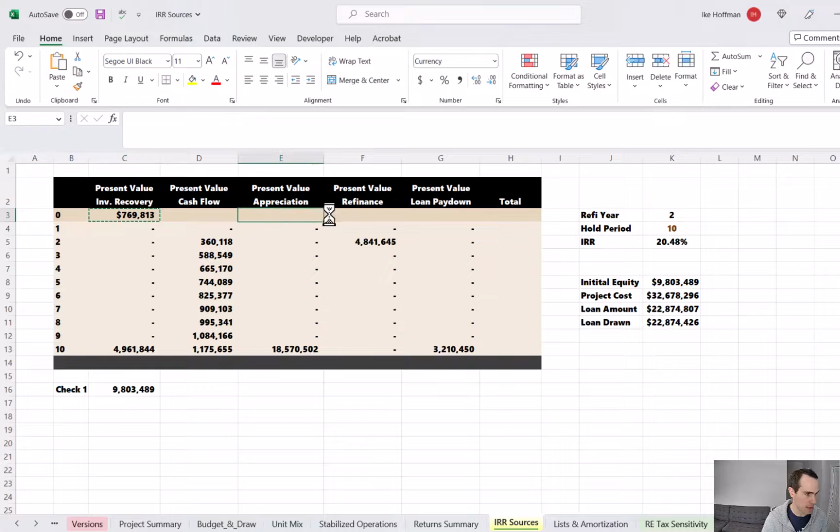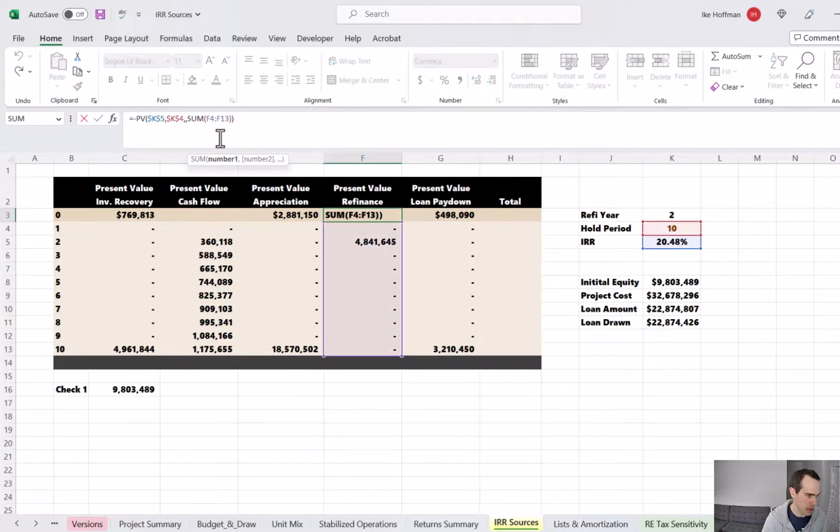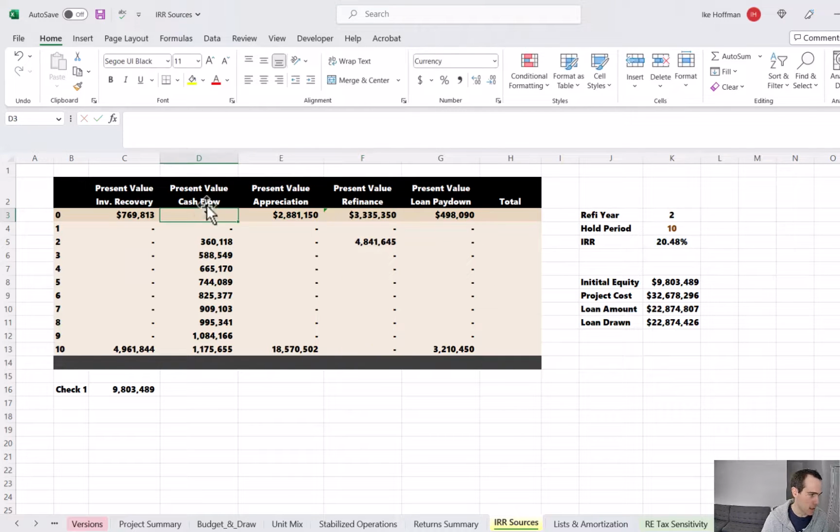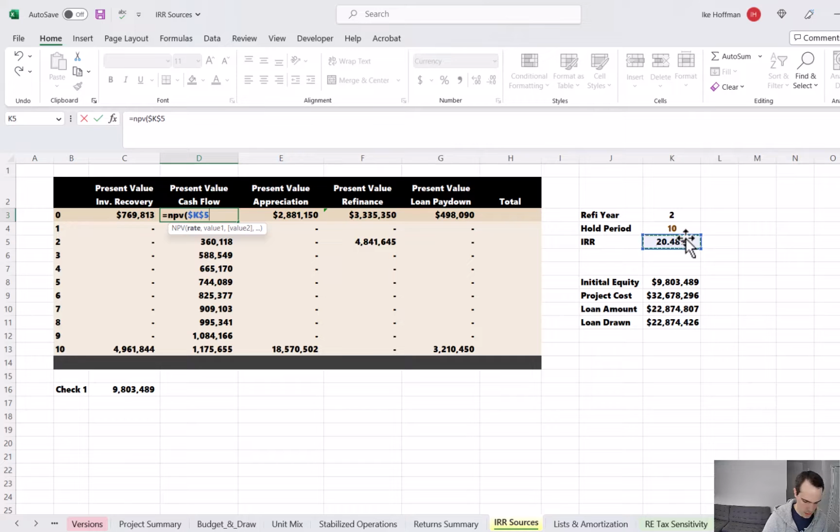I'm going to copy and paste this formula across columns E, F, and G. We need to make a slight modification in the refinance formula. We're getting this cash flow back in year 2, so it shouldn't be discounted for 10 years, only 2 years. And then the present value calculation for the cash flow is slightly different. We'll use an NPV formula this time. The rate is the IRR, and then we'll just manually grab years 1 through 10,